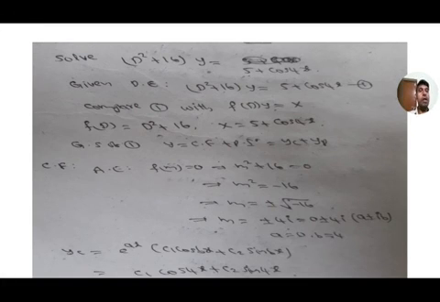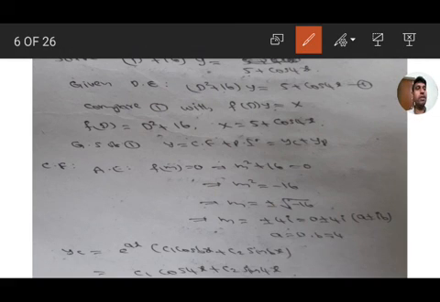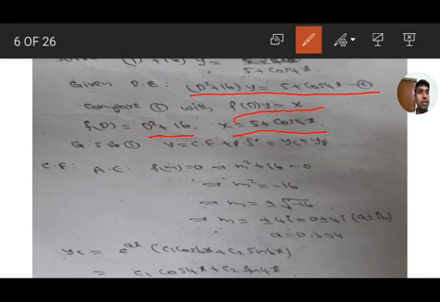Next problem. Solve (D square plus 16) y equal to 5 plus cos 4x. So the given differential equation is (D square plus 16) y equal to 5 plus cos 4x. Compare the given equation with f of D of y equal to capital X. We get f of D equal to D square plus 16, capital X equal to 5 plus cos 4x. So the general solution of equation 1 is y equal to complementary function plus particular integral, that is yc plus yp.